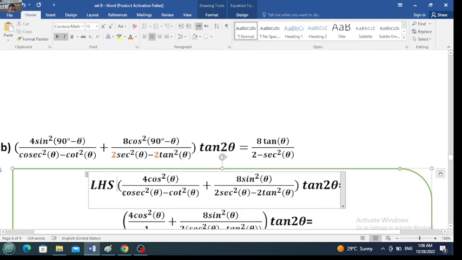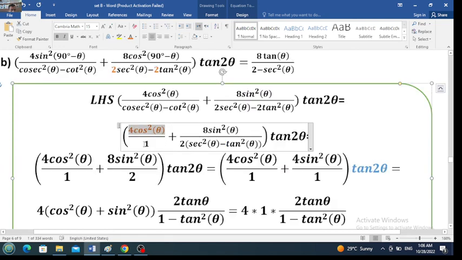Then plus 8 sine squared divided by 2 times sec squared minus 2 tangent squared. Therefore, I will write this as 4 cosec squared of theta, the first one that is above the line. Then divided by cosec squared of theta minus cotangent squared of theta, which is always equal to 1. Then plus 8, let's say cosine squared of 90 minus theta, I will write it as 8 sine squared of theta, then divided by